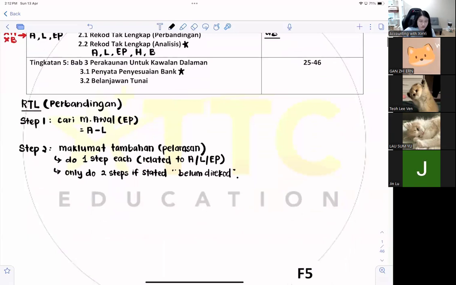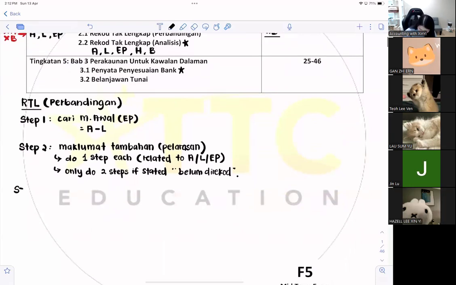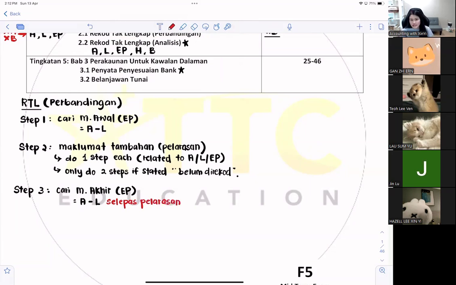Now, once you finish with your maklumat tambahan, then it's time for step number 3. Step 3. Cari model AQ. Also EP. Also to take asset tolak liability. But the difference here is we will be using selepas pelarasan. Okay, so my students ask me why must it always be selepas pelarasan? Because when you're talking about AQ, right? AQ means end of the year. Then of course, whatever changes throughout this year of happen to your asset and liability, you have to update it,